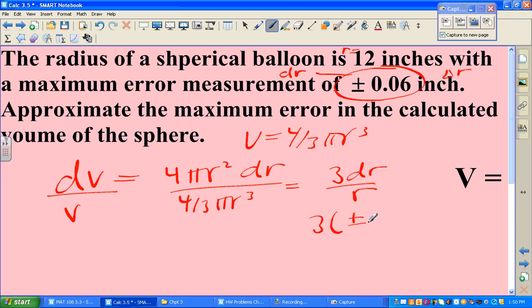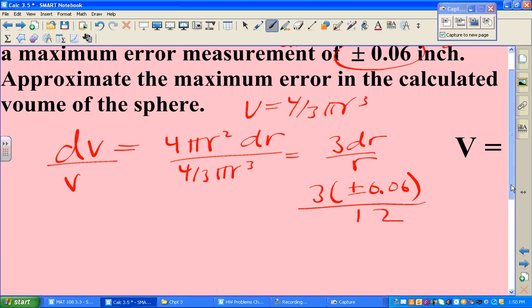3 times plus or minus 0.06, all divided by 12. We accidentally messed it up yesterday. I put in plus or minus 0.06 without the 12. I was a day ahead of myself. Okay? So, anyway,